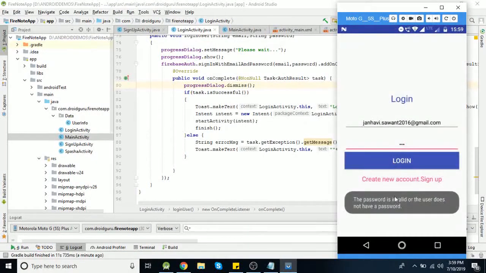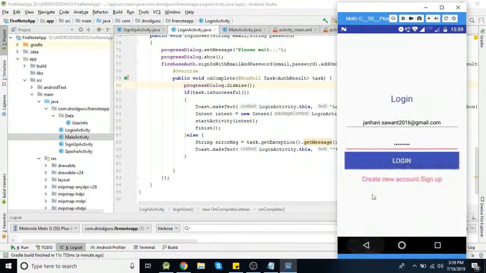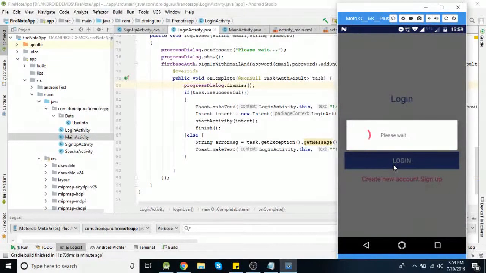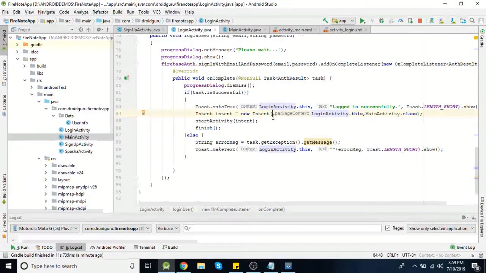Okay. Now we'll try with our email and password. So this login is successful and our home screen will be open. So this is how we can use the login functionality using Firebase with this method, signInWithEmailAndPassword.